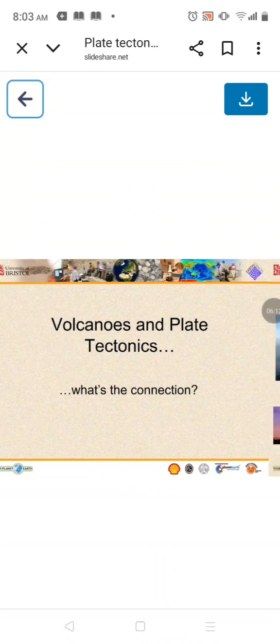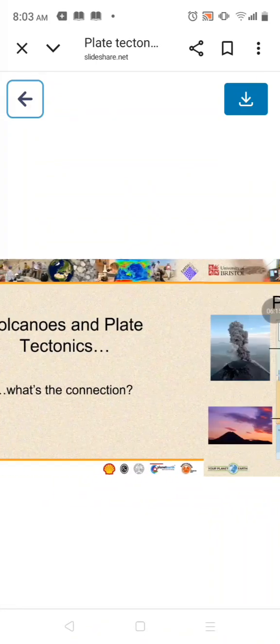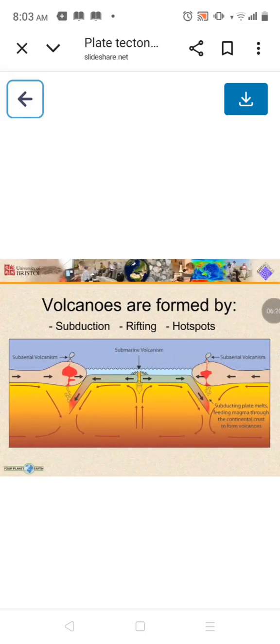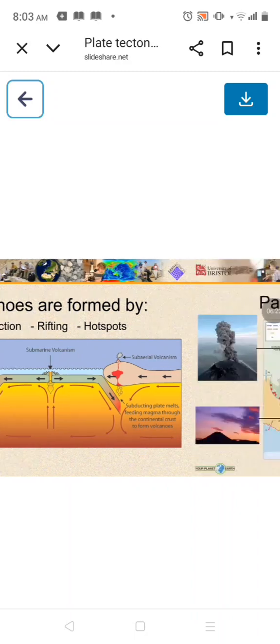Volcanoes and plate tectonics, what is their connection? So the Pacific Ring of Fire, volcanoes are formed by subduction, rifting, hot